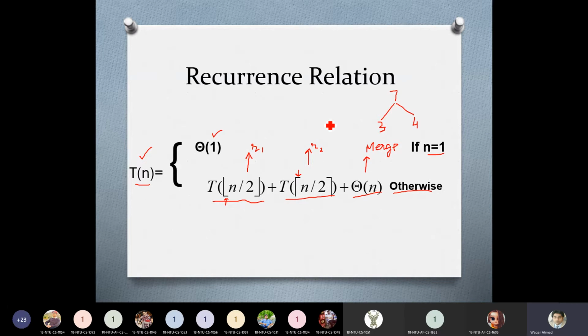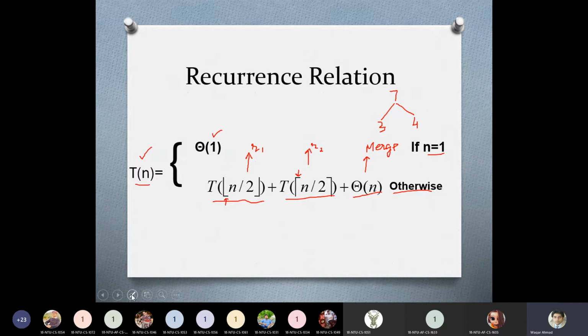That is why we have used these floor and ceiling functions just to accommodate the odd sizes of the array. If the array has odd sizes, these floor and ceiling functions will accommodate the odd sizes of the array. It will simply add 1 in the size on the right side and subtract 1 on the left side. If we have 9 elements, say, on the left side of the array we have 4 elements, and on the right side of the array we have 5 elements.